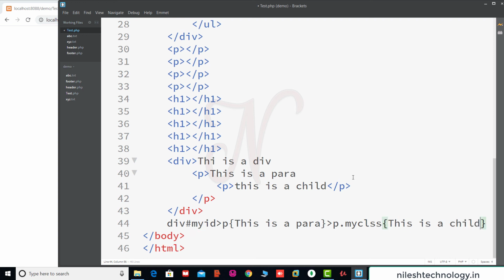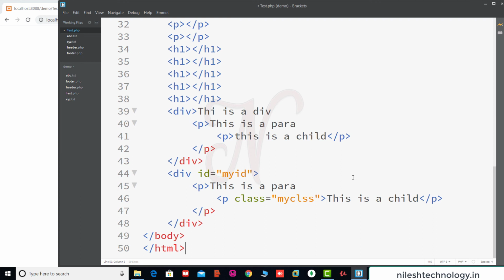Press the tab button. Then this class is assigned to this para.